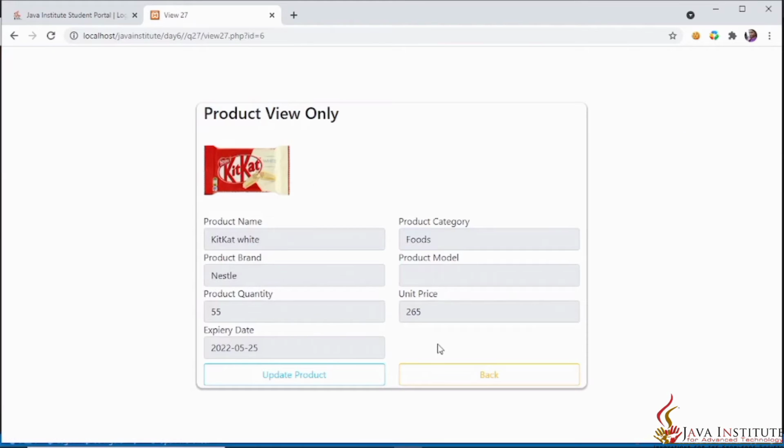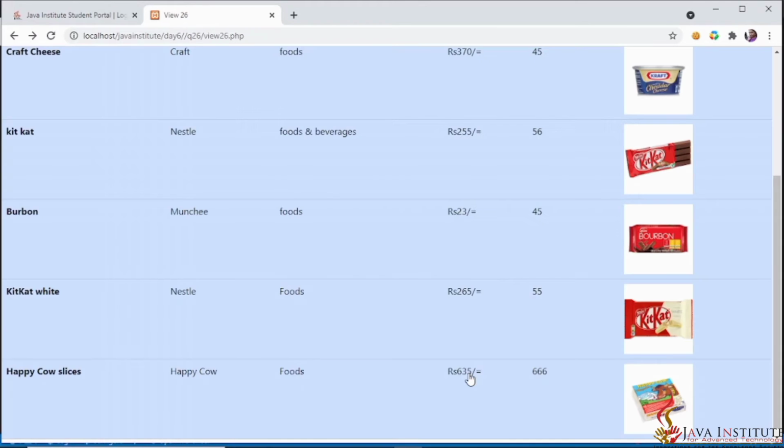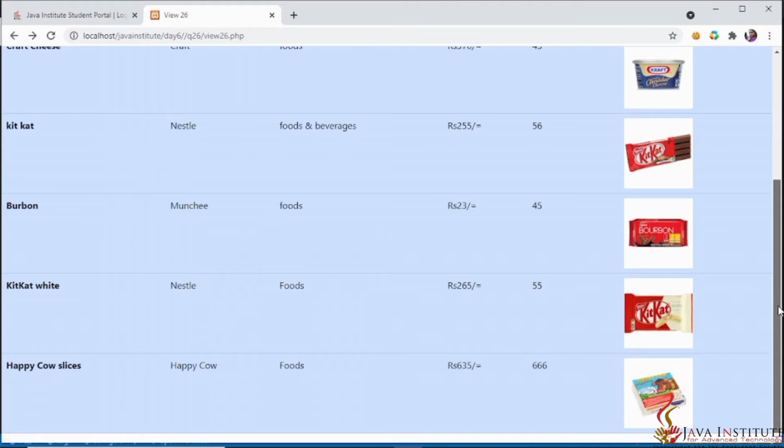This is the product view page for the KitKat White that I registered in my 25th video, and then I am going to the back page also, and you can see again the browser's back button is called by the back button in my product view only page.